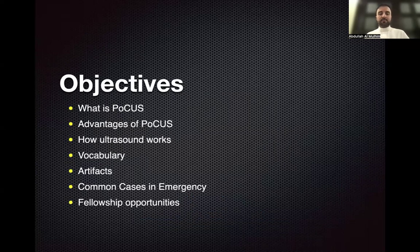I'll talk about what point of care ultrasound is, some advantages, why we are using point of care ultrasound in emergency, how ultrasound usually works, some vocabulary about ultrasound, artifacts, what kind of artifacts are acceptable or normal that we are seeing in our images, and some common cases that we are seeing on a daily basis in emergency departments. And we'll talk about just one slide about the opportunities of fellowships in emergency ultrasound or point of care ultrasound. First of all,